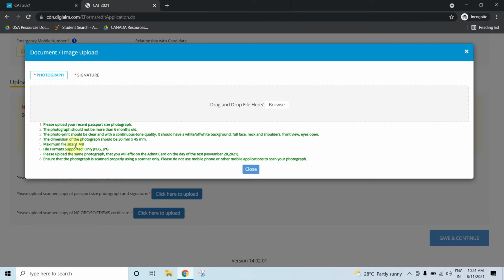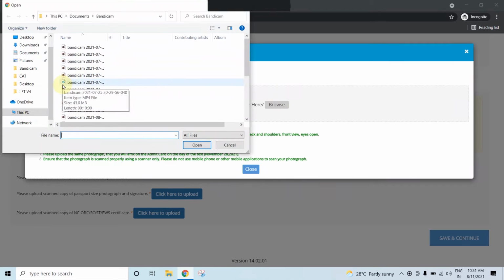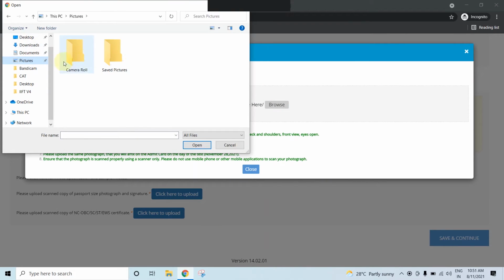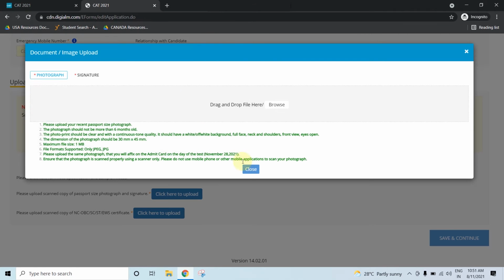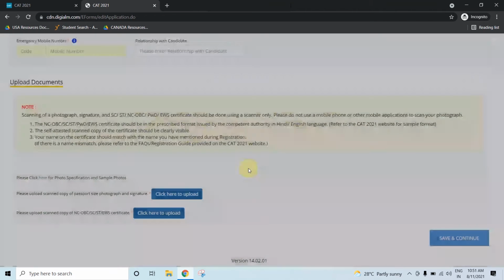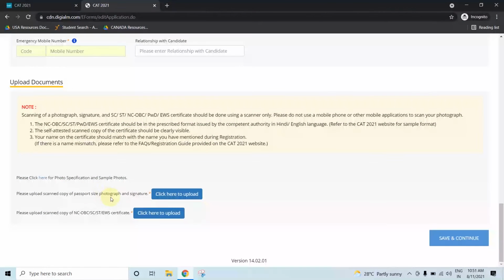The maximum size of the photo should be 1 MB, and it should be in JPEG or JPG format, any of those two formats, and it should be in these dimensions. You can drag the photo and drop over here, or else you can click on browse and try to access your photos from your desktop. Okay, and see that your photograph is a recent one.